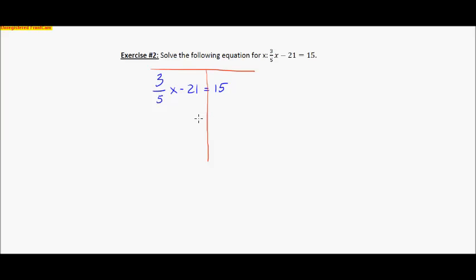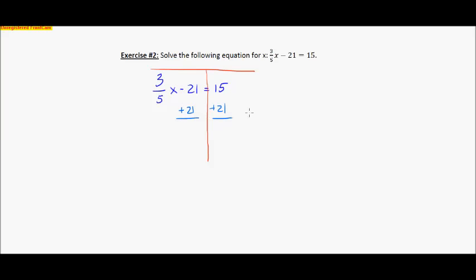I've combined like terms. And number 3 is just get all the x's to the same side. Well, I only have x's on one side, so steps 1, 2, and 3 are already done. So now I just have to solve for x. Alright, and here's what I'm going to do. I'm going to get rid of this negative 21 first. Alright, and I'm going to add 21